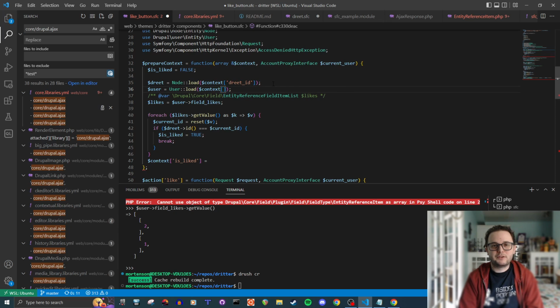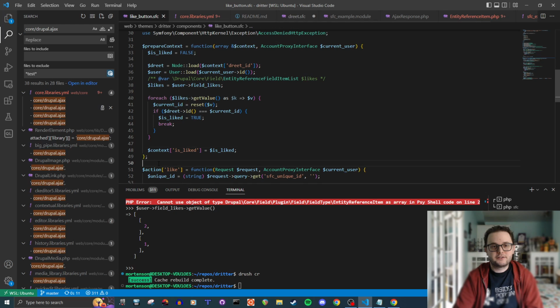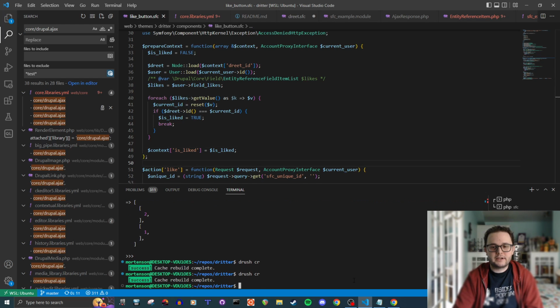If I had more time, I swear I would make this code better. You just have to trust me. So you have the user, you have their likes, you loop over the any reference field, you check if this is already set, and then you pass the twig context. We're going to clear cache again for fun,